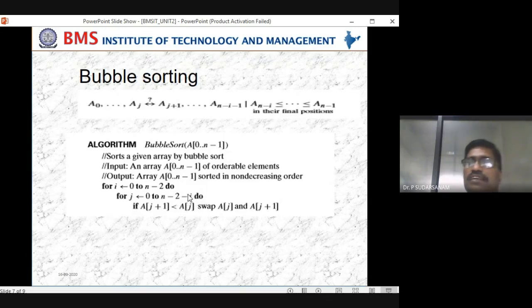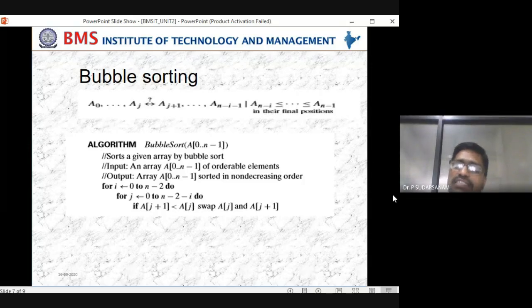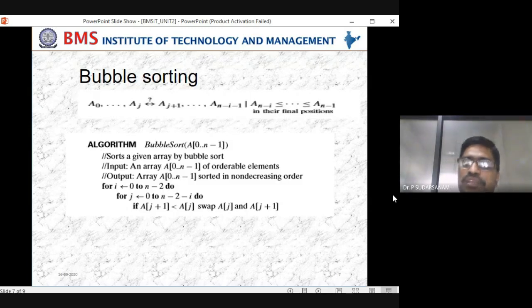So minus i: normally when you are learning C programming, sometimes the teacher will say, even if you do not subtract i, it will work. Actually, if you are not subtracting i also it will work. But in the first semester when you are learning bubble sort, they only teach sorting techniques, so they remove it and some people get confused. Actually, in bubble sort you have to subtract that. Once an element is sorted in that list, no need to consider that element once again. That is what you have to remember.